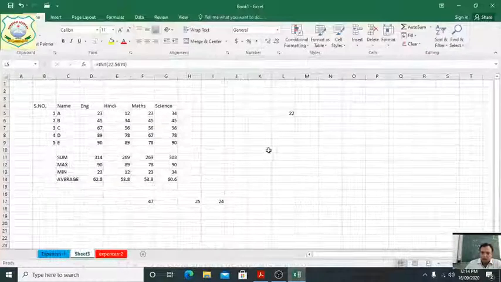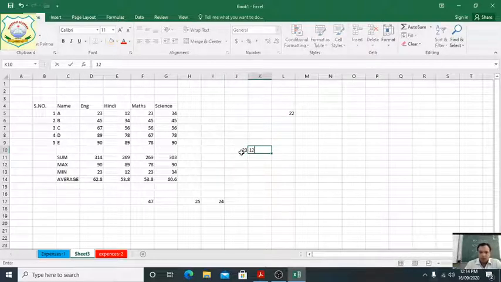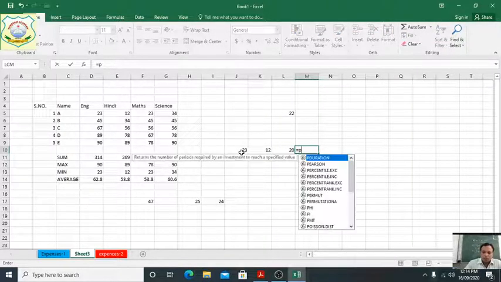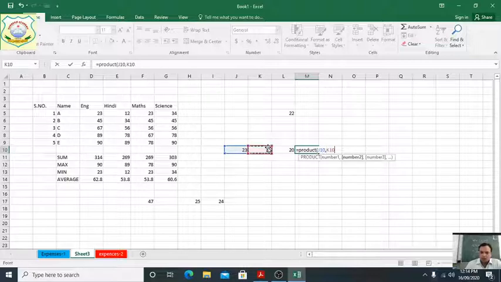You can see, students, suppose we are writing here values 23, 12, 10, equal sign, then product, then 23, comma, 12, comma, this one.